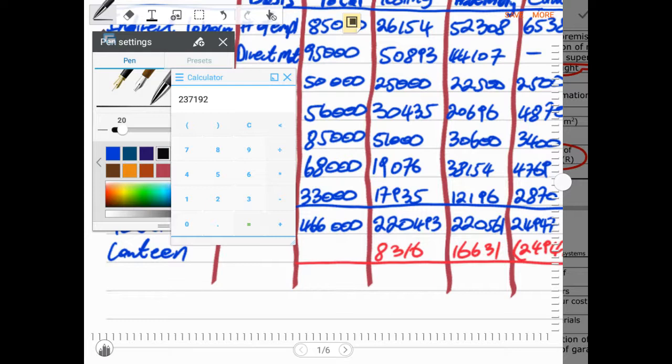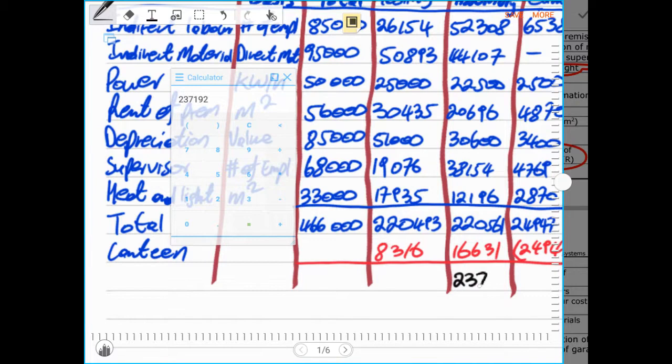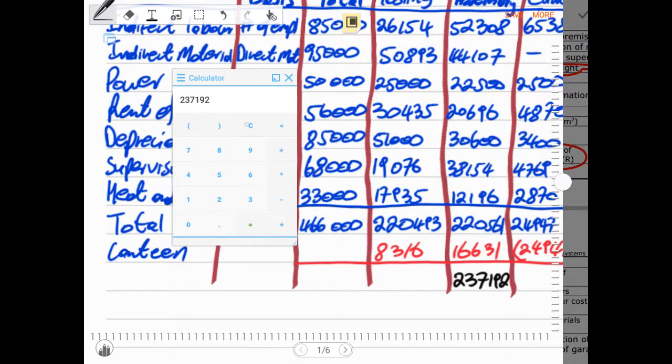237,192. Then we calculate the second one,